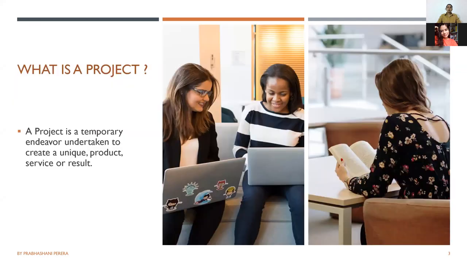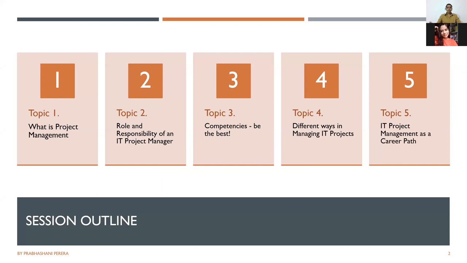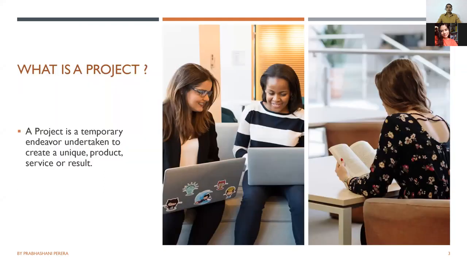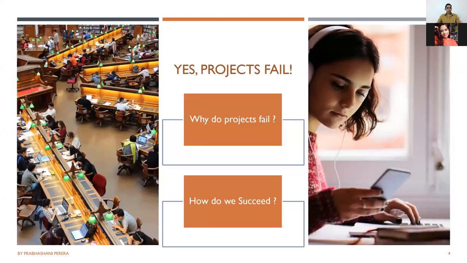So we talked about what a project is, and now we need to understand why we need to manage a project. We don't really think about this a lot because it comes naturally, because it's out there, it's already set up, and we know what's happening. But the main reason we have to manage projects is because projects do fail, right? No matter how good a developer we are, how good the quality engineering folks are, maybe how good our stakeholder is,